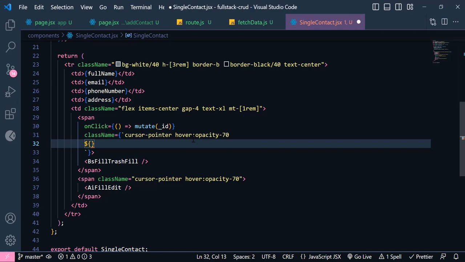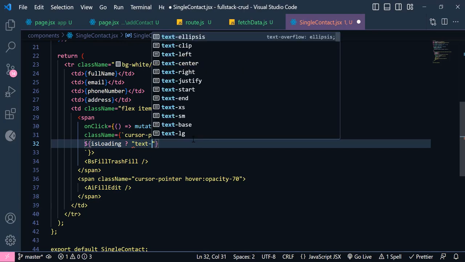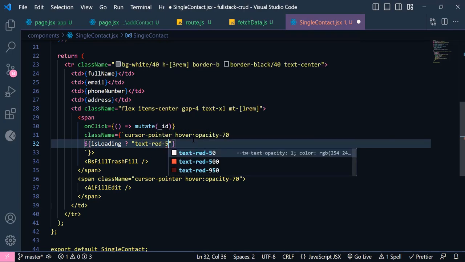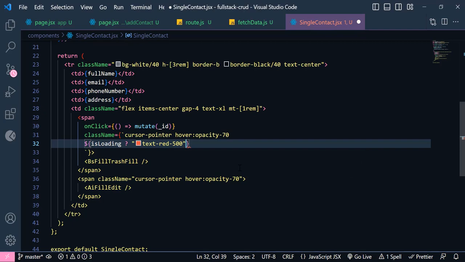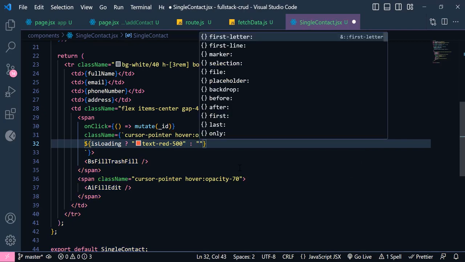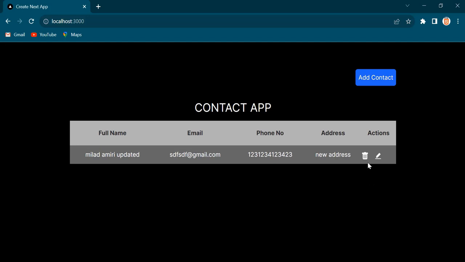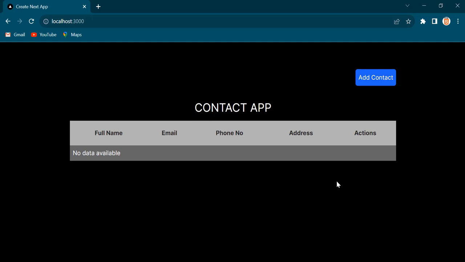So I'm going to say if there is edge loading, then I wanna set the text to be red color, text-red-500. Okay, otherwise I want this to be this empty string. Now let's save it. Now in here, if I click this button, you can see the button will get red color for a while and will be deleted. Okay,